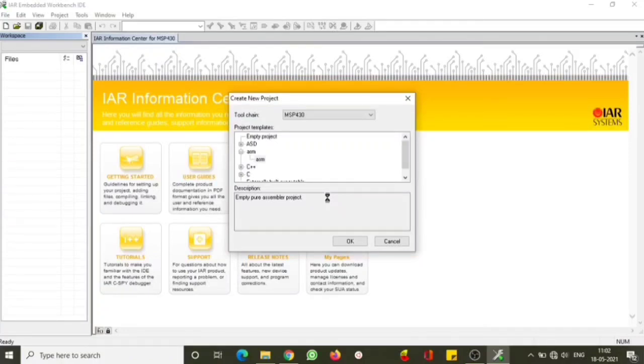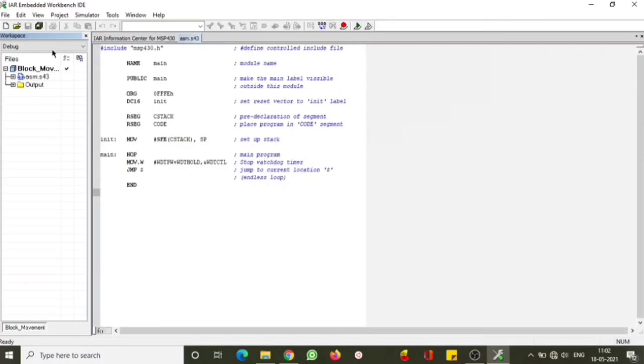When I save this, we will automatically get a window wherein we will have the workspace. This part, the left hand side, is called the workspace. This part is nothing but your coding place. So you are supposed to save your program here. Can you see this? Here you are supposed to see asm.s43. Every time you try to save, once after writing the program, it will ask for an option to save. You make sure that you save it in a proper folder, because this file name will be common: every time you create a new project, this file name will be constant.